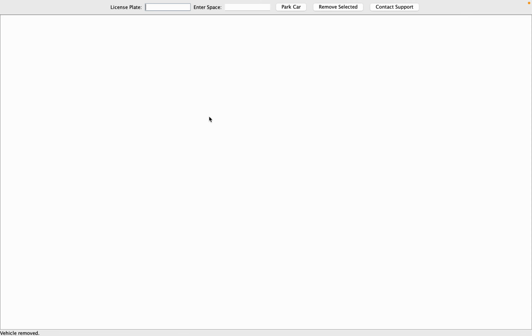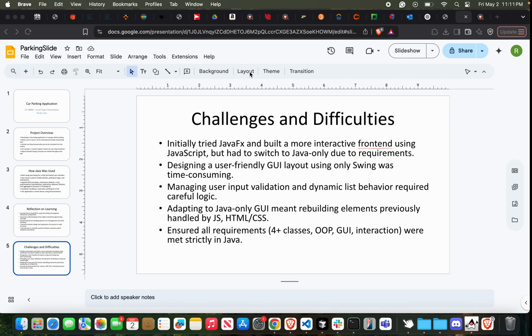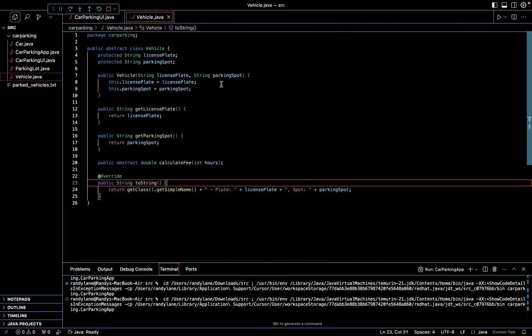And then if we add 11 cars, we will run into an error saying too many cars, and then down here in the text box it says vehicle removed after we removed both vehicles. And so, to break this down in our code,